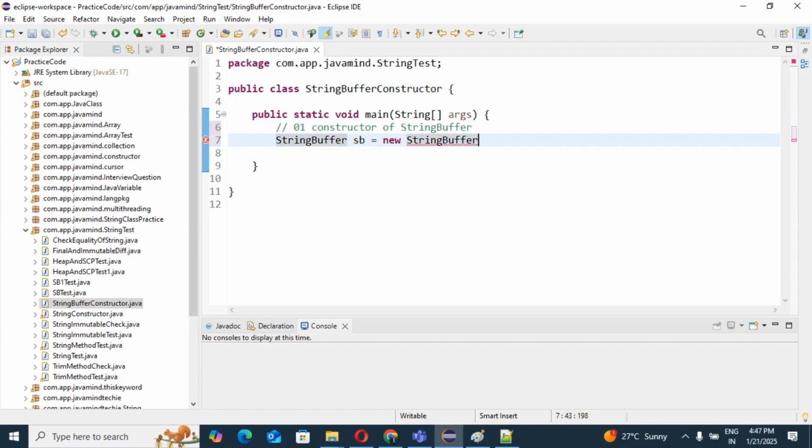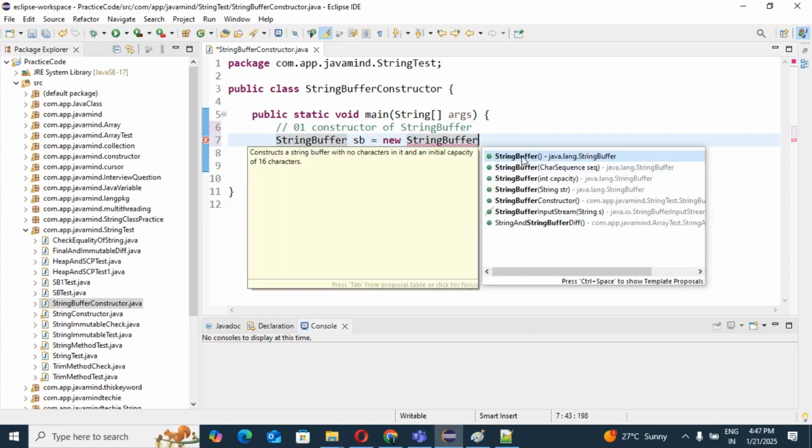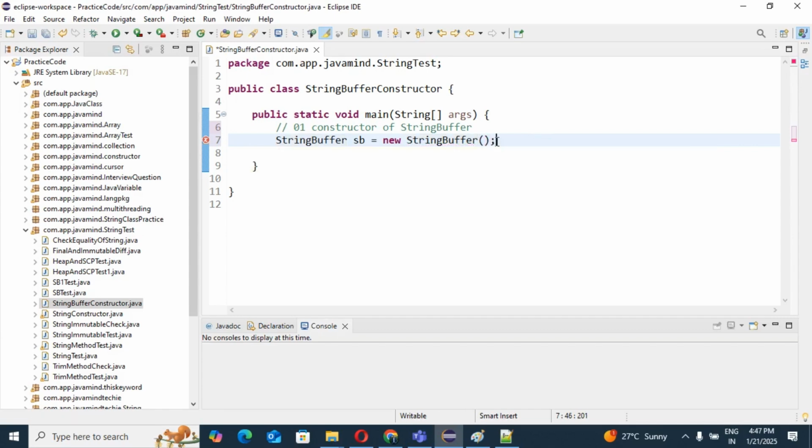Guys, you can see. So if you want to know the initial capacity of this StringBuffer constructor,